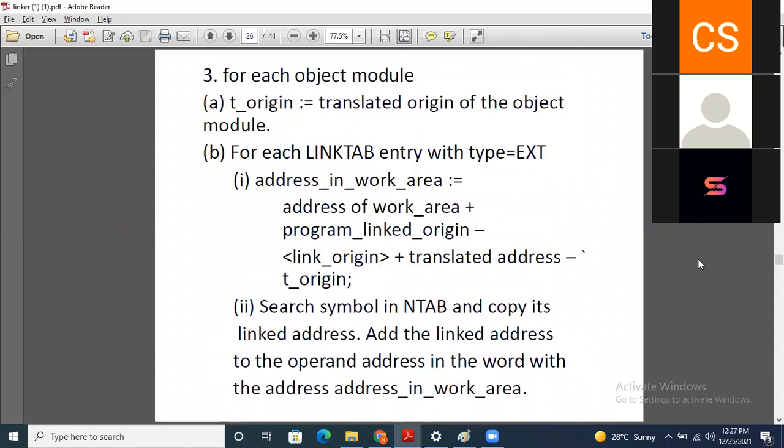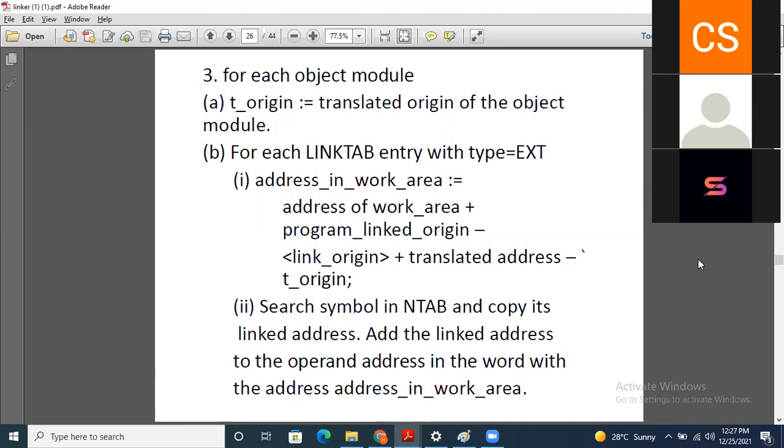Then for each object module, it will first initialize the translated origin of the object module to the T origin. Then for each link tab entry with the type external, previously we have seen the type public definition.